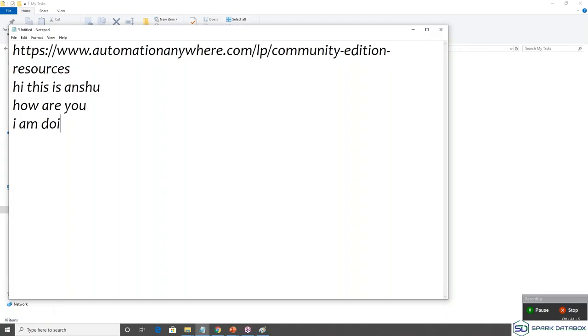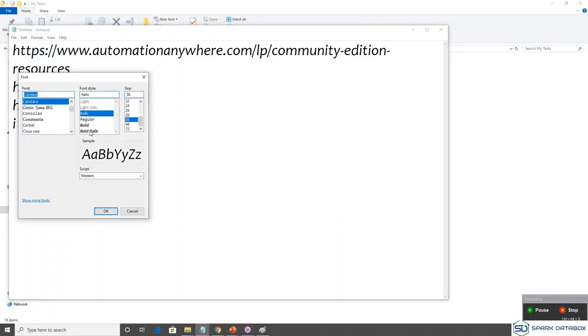I am doing good. I may also want to click on certain objects. So let's say click on the format option, click on the font option out of it, and maybe select here bold italic and the size is 26. Click OK,